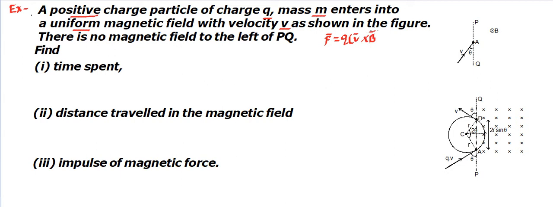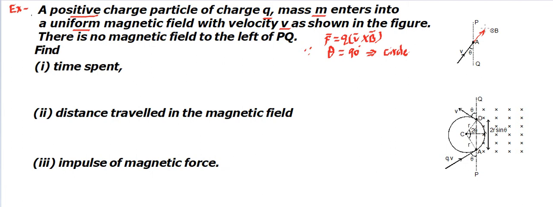So first of all we are going to talk about what path it is going to make and in which sense it is going to be. You see the magnetic field is into the plane and V is in the plane, so this is the direction of V and B is inside. So theta, the angle that we are looking for to decide which type of path it is going to move on, theta, the angle between V and B, is going to be 90 degrees. Since theta came out to be 90 degrees, we can claim the path is going to be a circle. So it's going to move on a circular path.